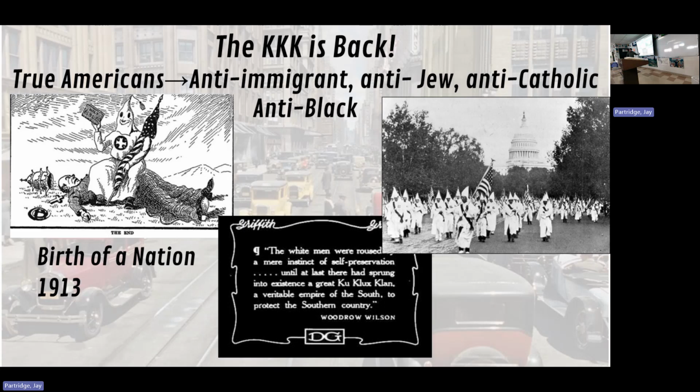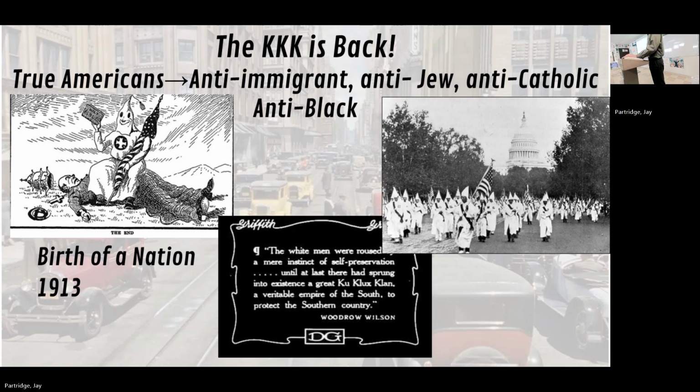That triggered the Klan in 1913, and then you have the Great Migration, and then you have World War I. All that tied together would lead to an explosion of the Klan, where the Klan is going to take over one state and nearly take over another. Get to that in a second. It's so big that they're going to have a rally of thousands in front of Washington, D.C. in 1922, in front of the Capitol.